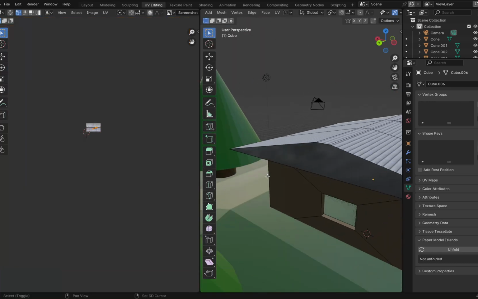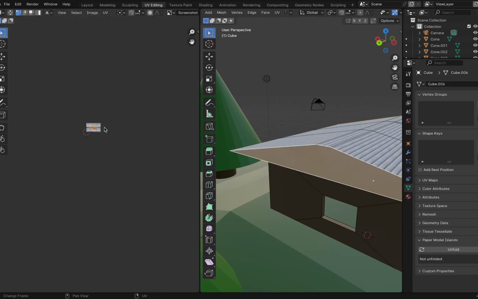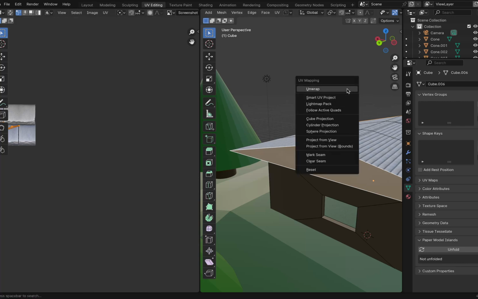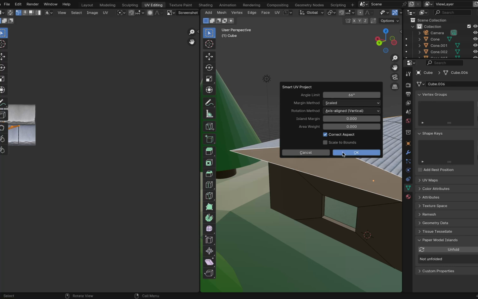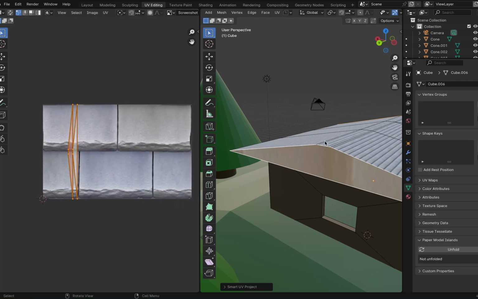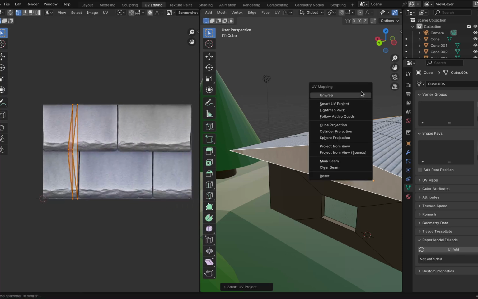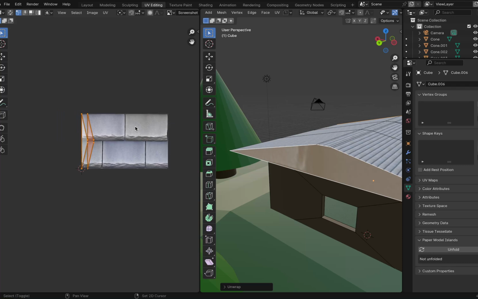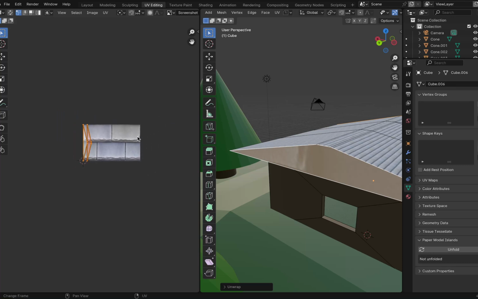You can do the same for these two faces which we didn't unwrap. Like we did unwrap, but they are not projected properly. So for them, you just press U and Smart UV Project. And just go with the default settings. And you'll see it UV projected them. Or if you want, you can just click unwrap. For shapes this simple, you don't really need smart UVs.